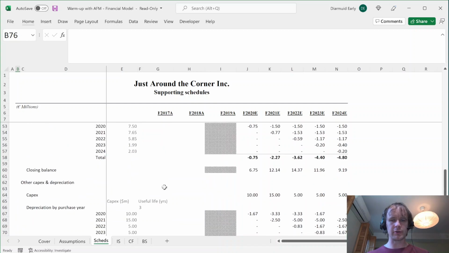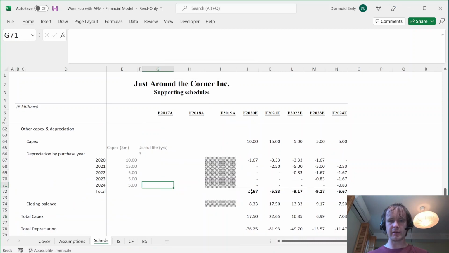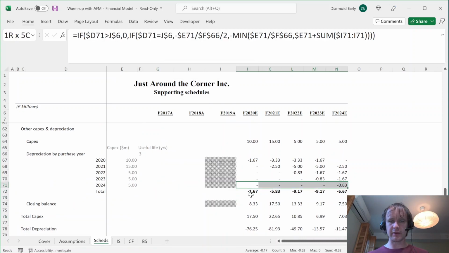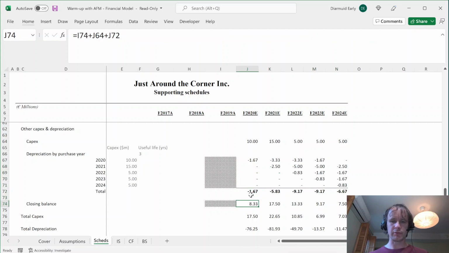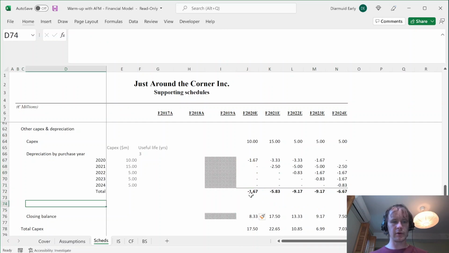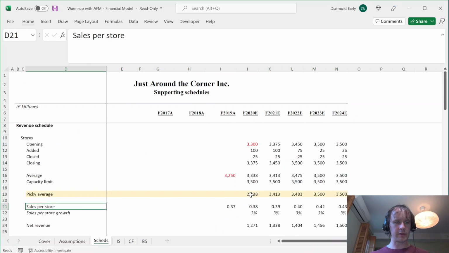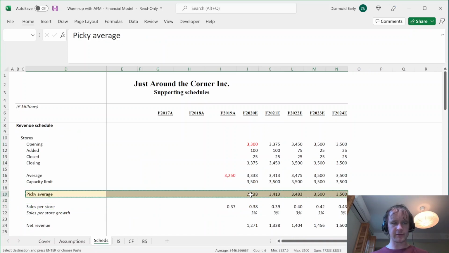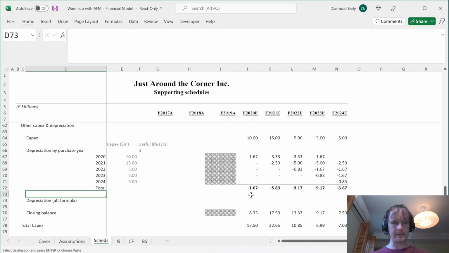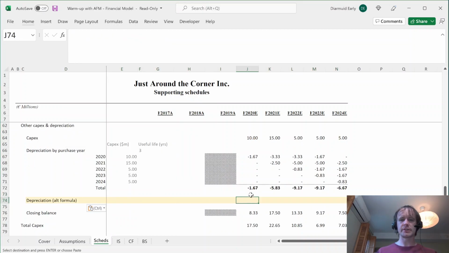So let me just quickly show you another way of getting straight to this line without having to break out these lines, which would be more useful if you had more periods. So we'll do depreciation alt formula. And again, I'll just highlight this the same way as I did my picky average, I guess. Where did I put it? Here it is. Okay, so